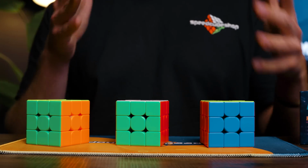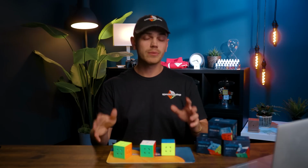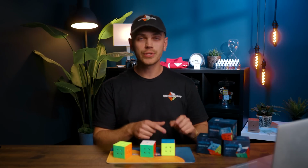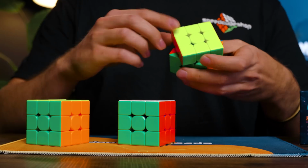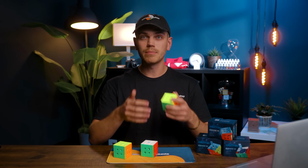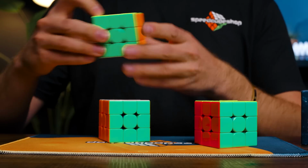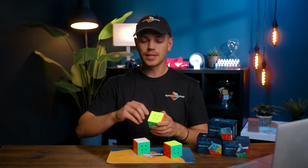These are toys, I realize, but these just feel more premium and really solid and well built, so hats off to you, MoYu, on the durability. One quick note on the durability is that the ball core version is the most durable out of the three. For some reason, the corner twisting is the most difficult on the ball core, probably because of the ball core and the mechanism,